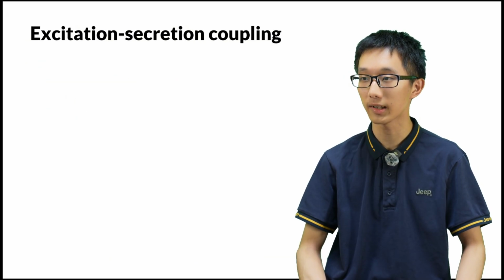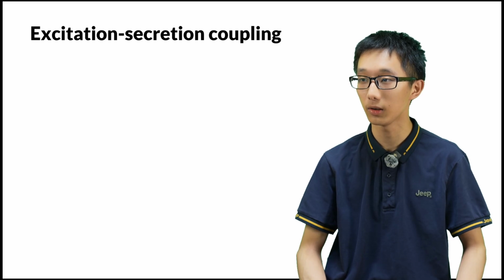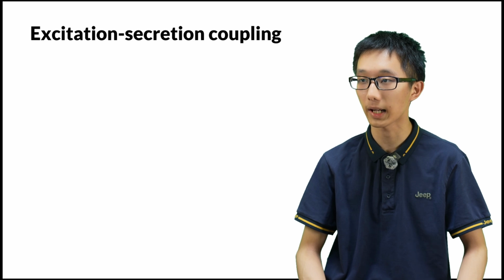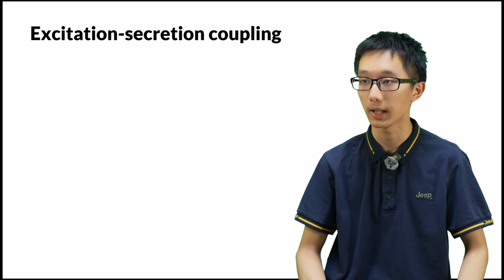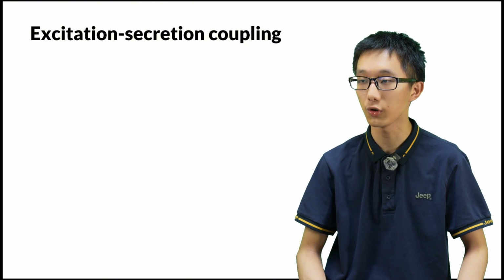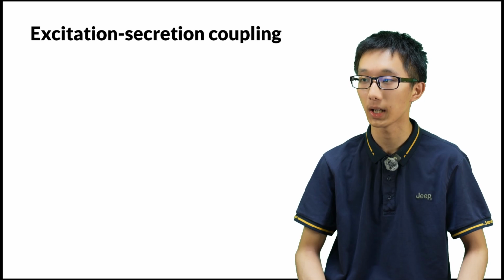Now that the neurotransmitters have been synthesized, let's take a look at how they are secreted into the synaptic cleft. This process is called excitation-secretion coupling. The excitation is the action potential. As the action potential reaches the axon terminal, it triggers the secretion of neurotransmitters. So these two processes are coupled. How are they coupled? Well, firstly, secretion is realized through exocytosis. The vesicles open up to the outer side of the cell and release its neurotransmitter content into the synaptic cleft,